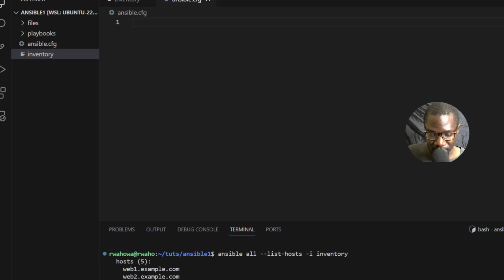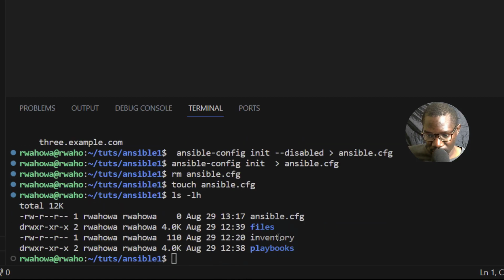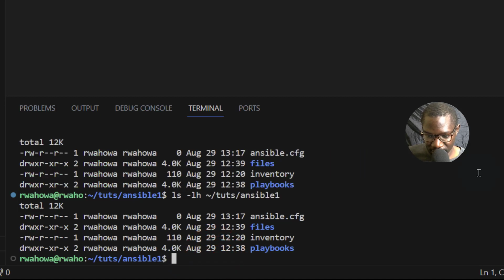So we can check for that. Currently, it's inside of this directory, Ansible. So if you do ls -lh, let's see. Okay, that's for that. Let me copy this, select that, because I want to see the permissions for this and then explain it a bit. So we are going to do ls -lh for this directory. Okay, let me go back one directory.